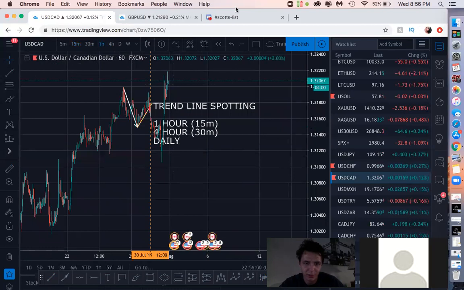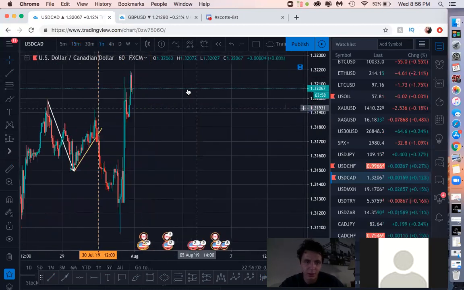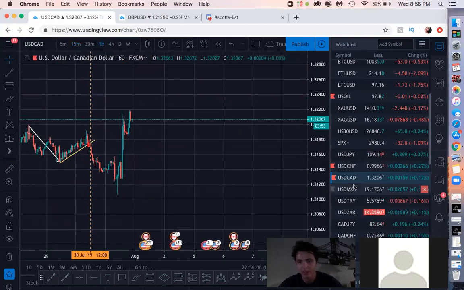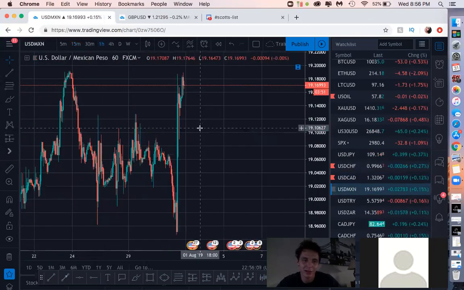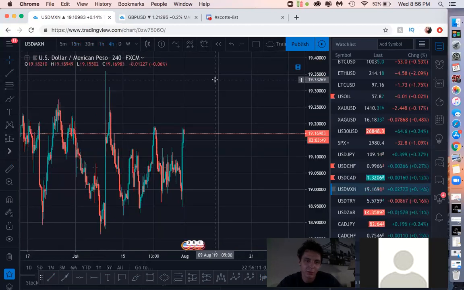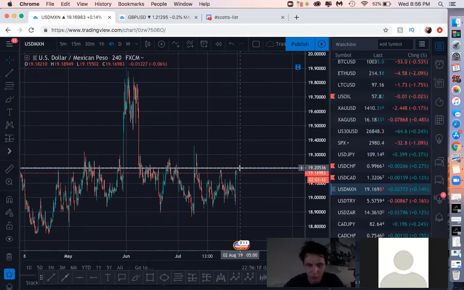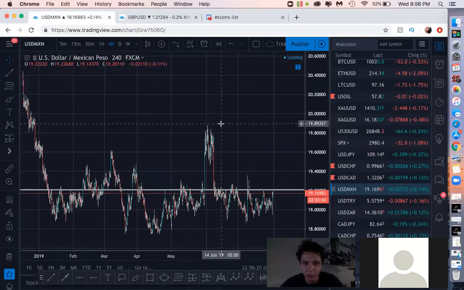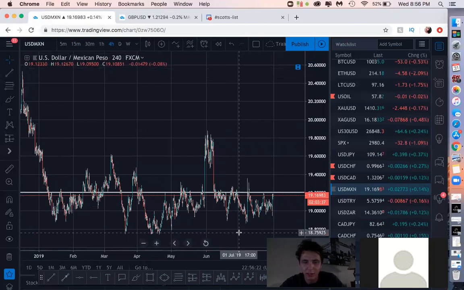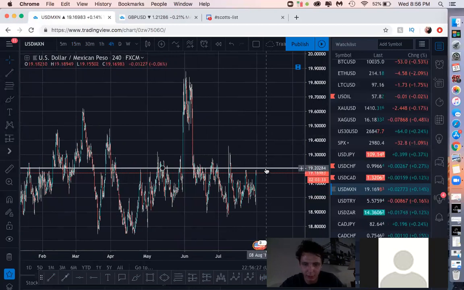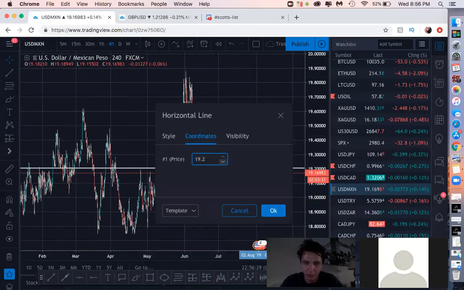And again, just flipping through the markets. Really just kind of seeing what sticks out. And that's really it. I mean, you just want to be looking at areas of interest. This is definitely interesting to me. I don't trade the USD/MXN that much just because it is volatile as hell. But definitely a strong data point right here, this 1920 level. Definitely something to be on the lookout for.